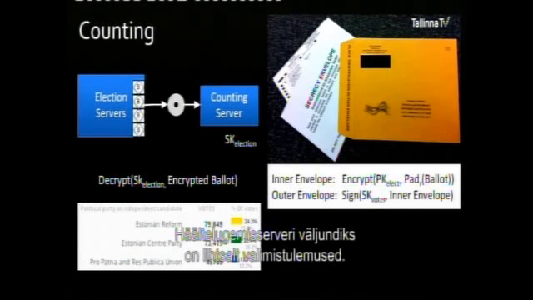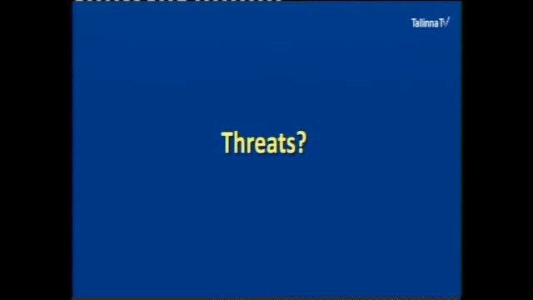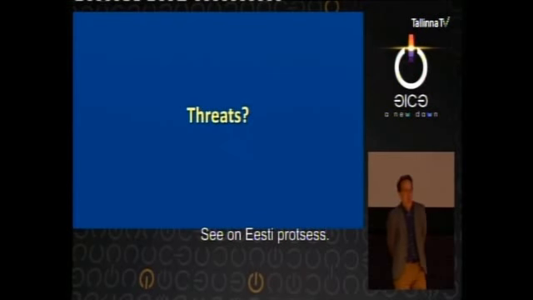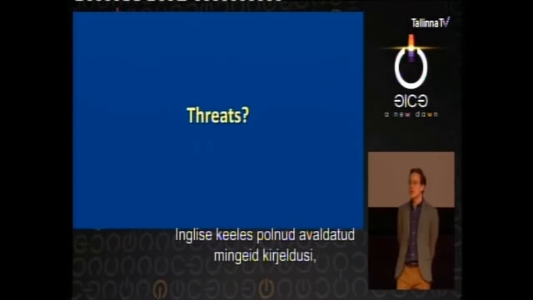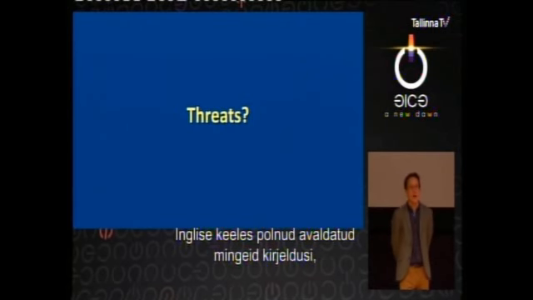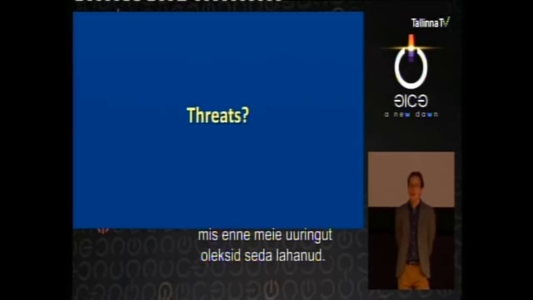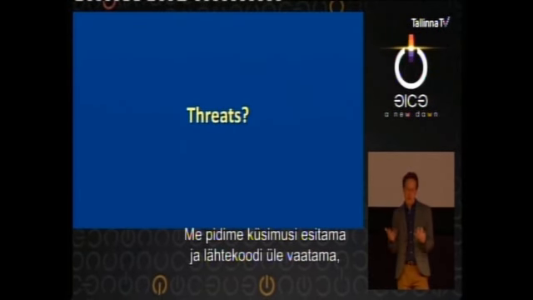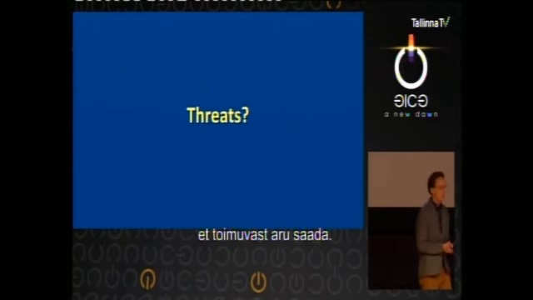The output of the counting server is simply the election results. They're added in with in-person votes, and the winner is declared. So that's the Estonian process, and it was really interesting to figure out quite how it worked. There are no published descriptions in English that cover the entire thing prior to our study. We had to actually ask people and review the source code and all of that in order to get a good idea of what was really happening.